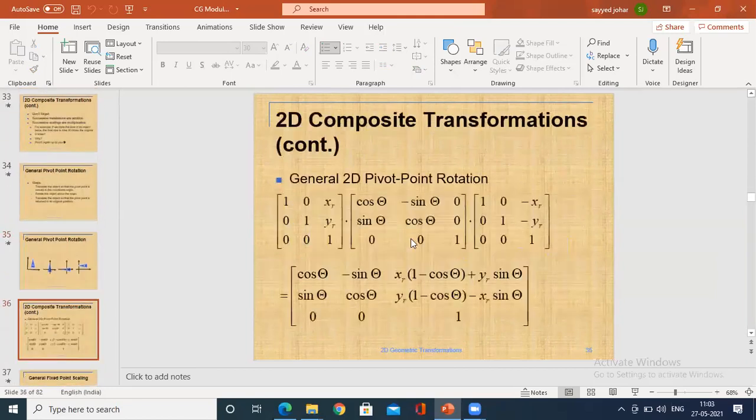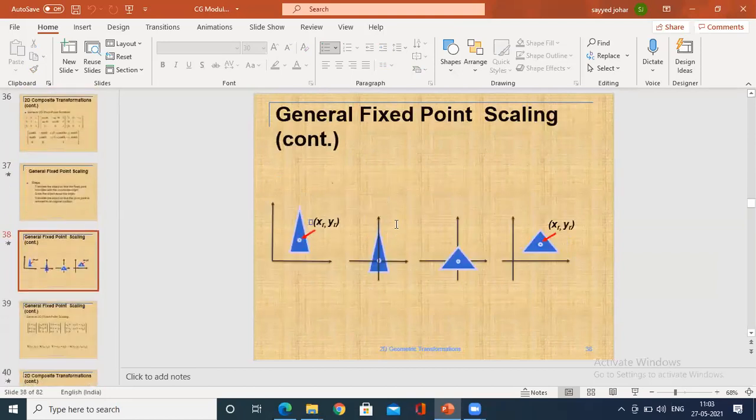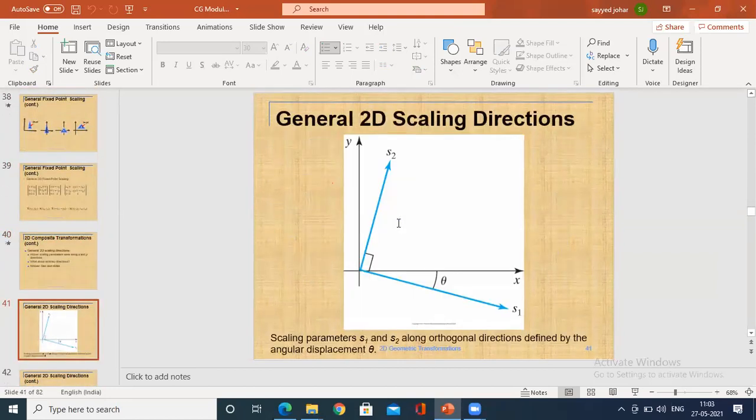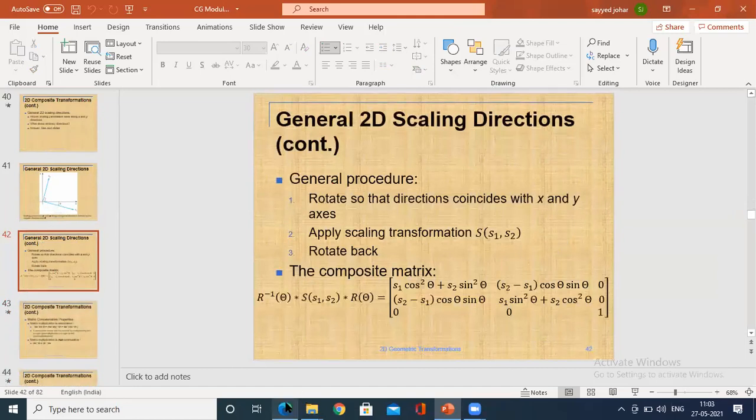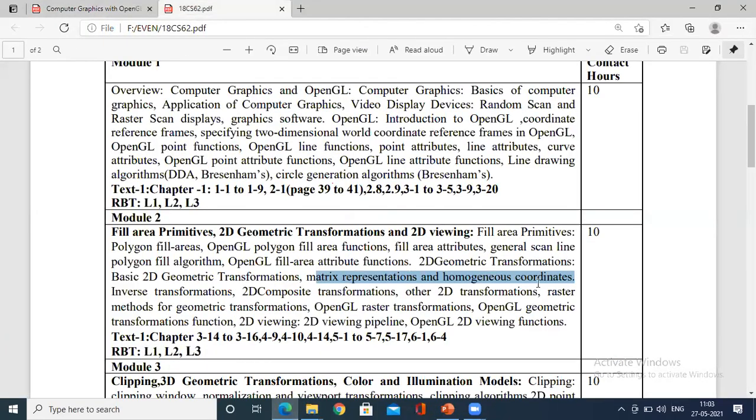Once the internals are over, I will explain all these concepts neatly so that you find it easy, because all these concepts are quite related with the lab: transformations, 2D composite transformations, raster, and all. I request you to give the attendance in the chat session today. We are left with only a few concepts; though they look lengthy, they are quite simple and easy. You just have to remember the matrix representation.